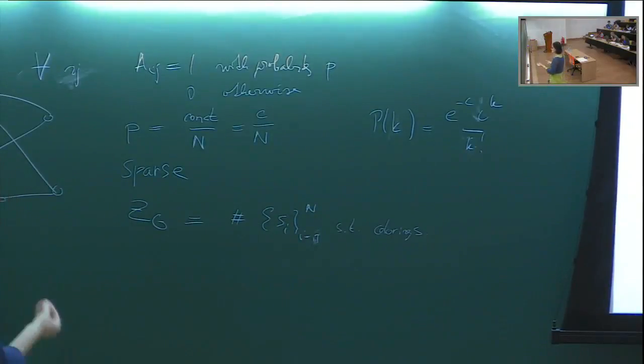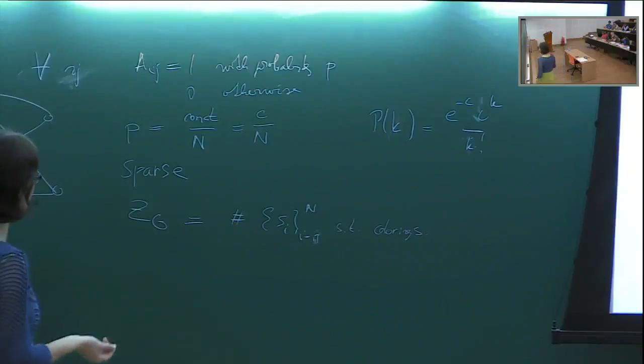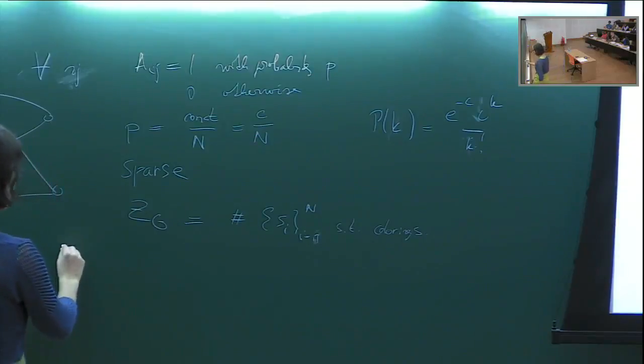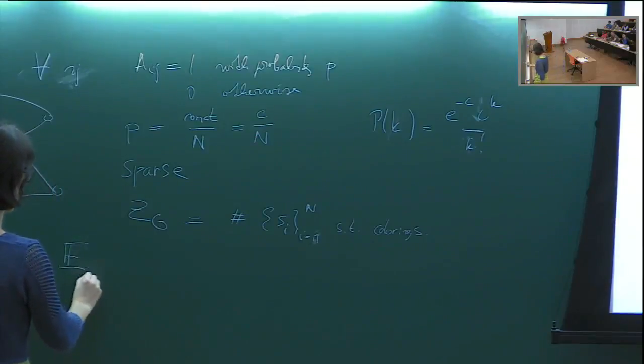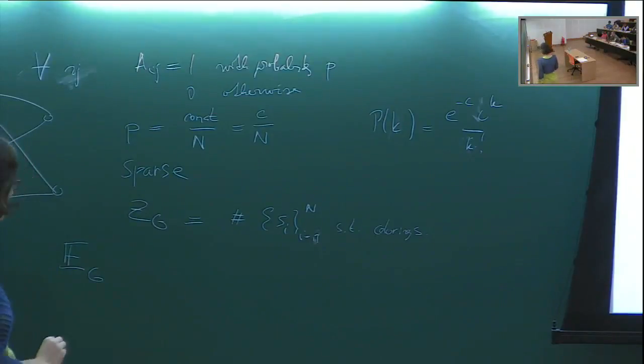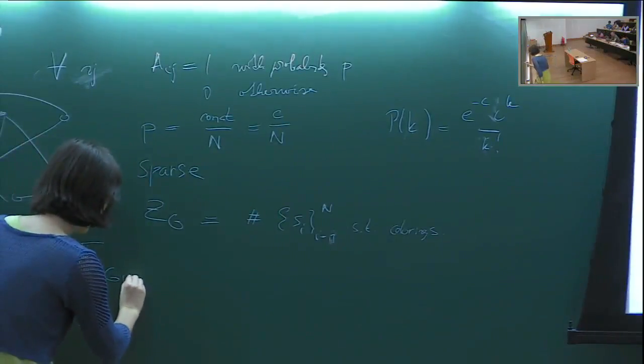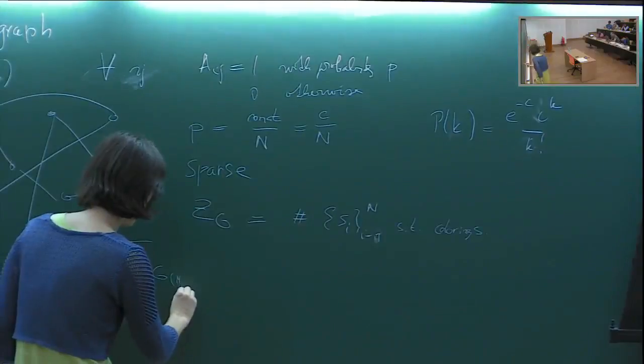What is the number of these colorings for a given graph? This is not easy to evaluate, because if we have n nodes, we have q to the n possibilities for how to put the colors in. We could exhaustively go through all of them, but that would take a lot of time. So we could compute some averages. One average that is easy to compute is the average over all possible graphs of a given number of nodes.